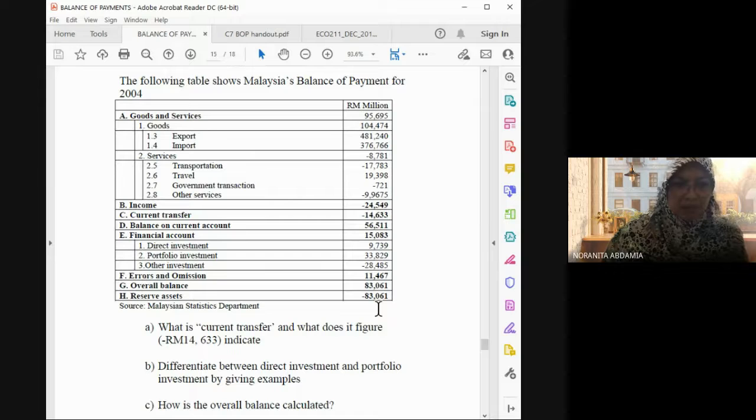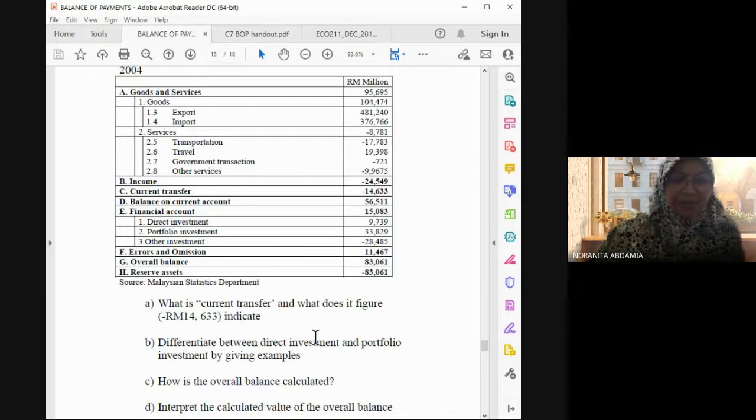In order to interpret, that means you have to understand what's actually the meaning of the current account, instead of you just remember and understand the formula. Formula dah lah kena faham, kena ingat, kena tahu kira. Tapi you faham tak apa maksud itu current transfer? Apa maksud negatif itu? Kat situlah maksud saya dia deep lagi. You have to go deep lagi another level. Not just know how to calculate, not just I know the formula, I remember the formula, but that's not enough. So macam ni you kena interpret. Tricky lah kat situ bagi saya, sikit lah insyaAllah.